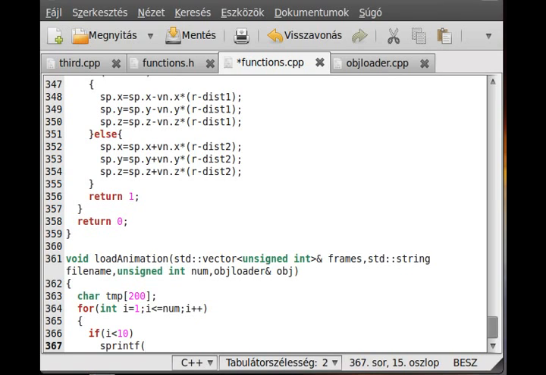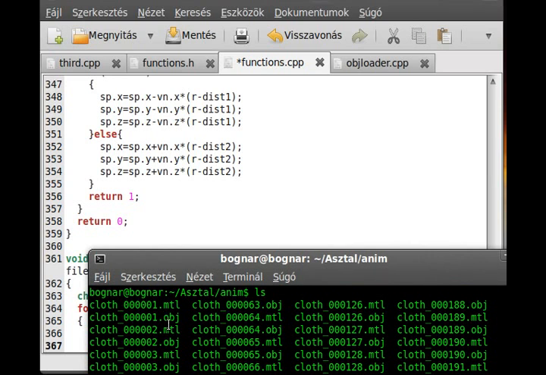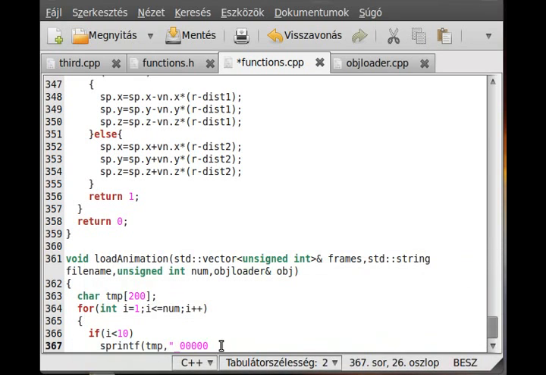Oh, did I say that? I don't think so. So this will print it in the tmp. The format will be something like underscore and then 5 zeros, because in this case, if it is less than 10, there are 5 zeros behind the number, as you can see, 5 zeros, and then